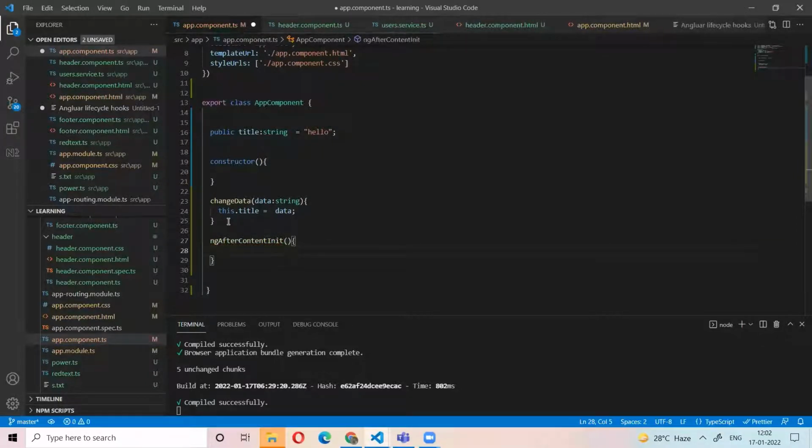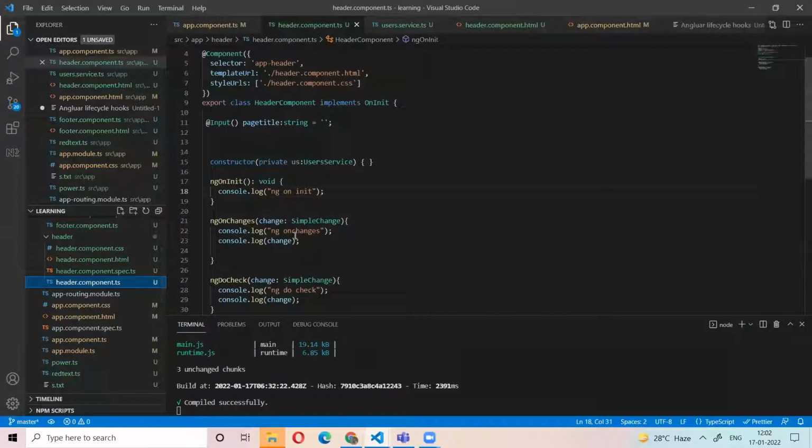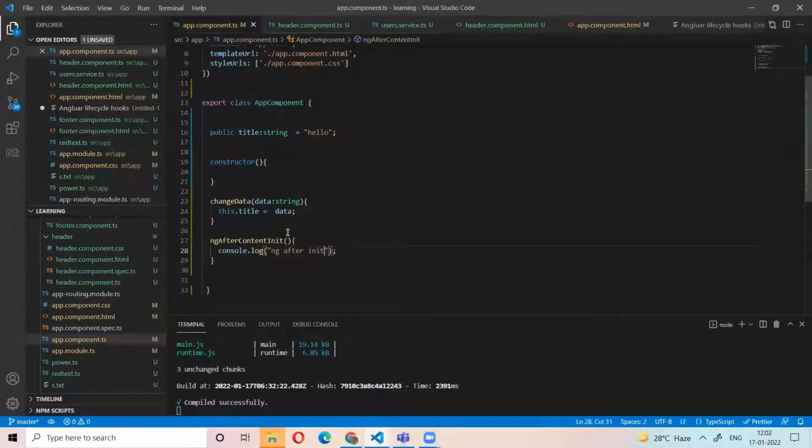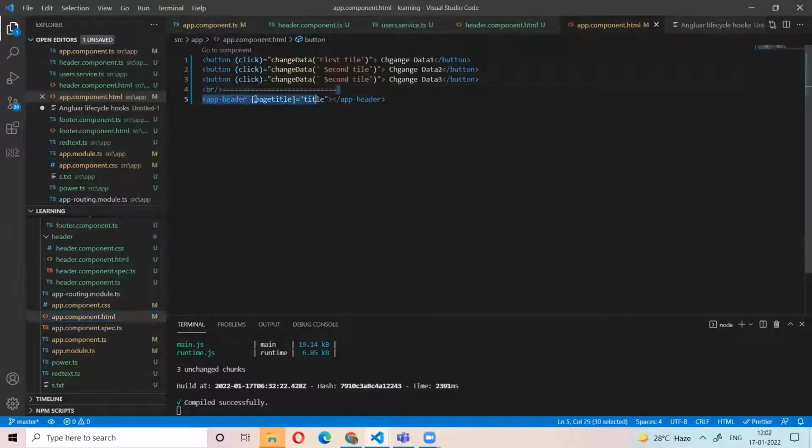It will load when the child component is loaded. That means when the header component and its ngOnInit are loaded, after that only it will load. So when the component is loaded, and its view and its child components are initialized, then ngAfterContentInit is called.